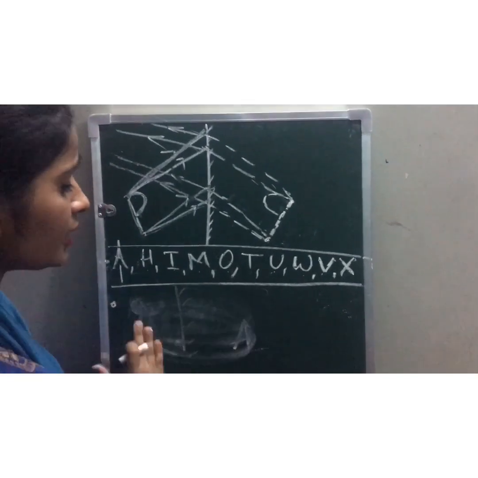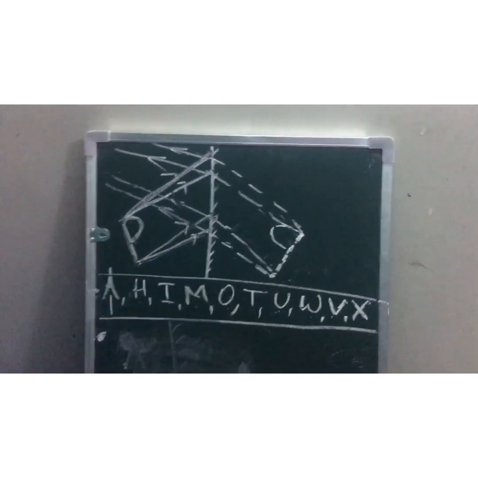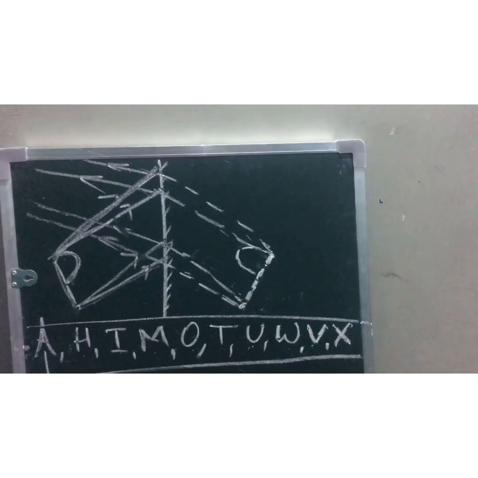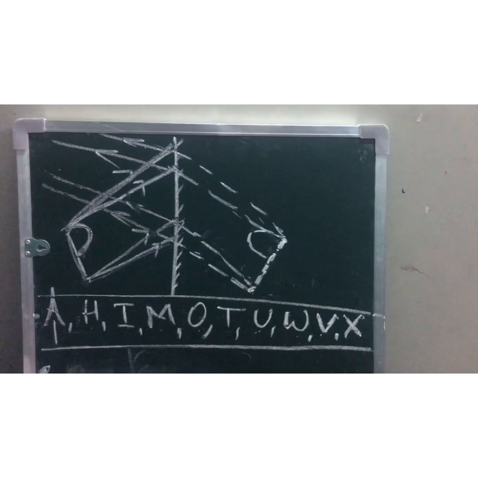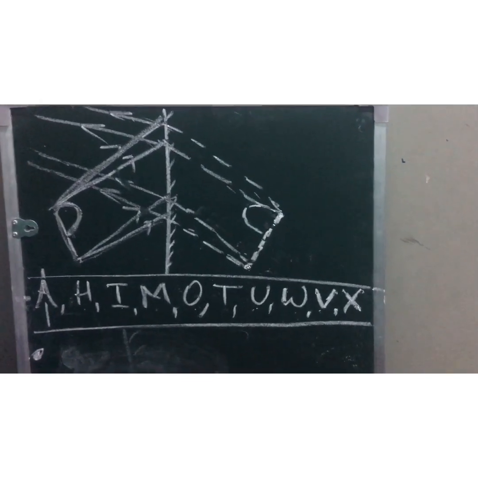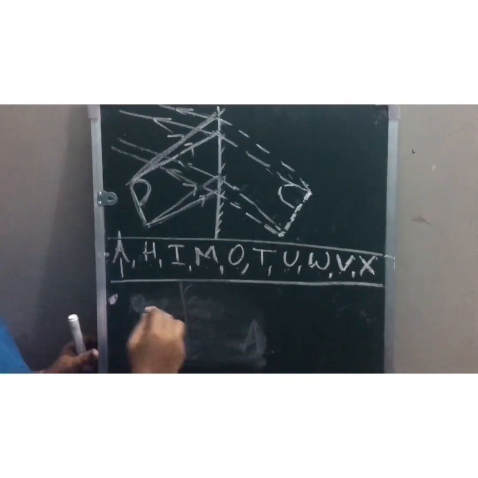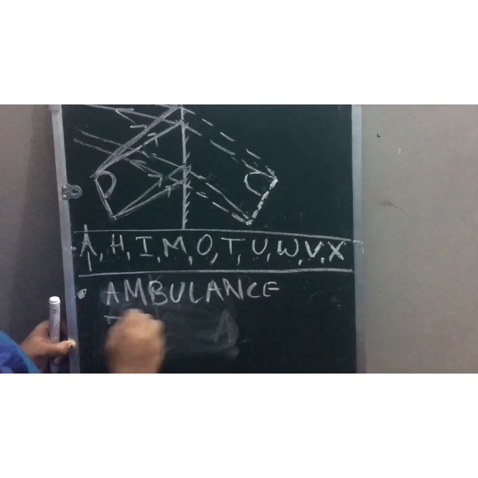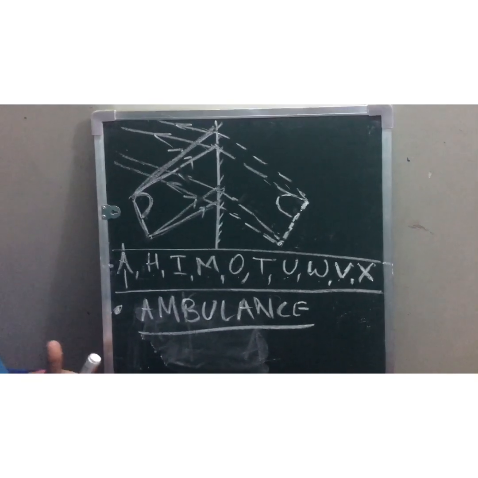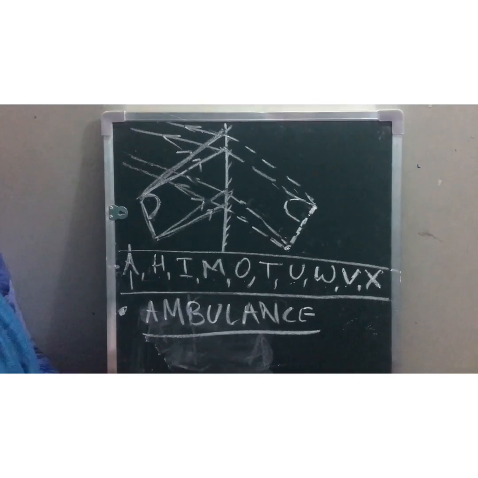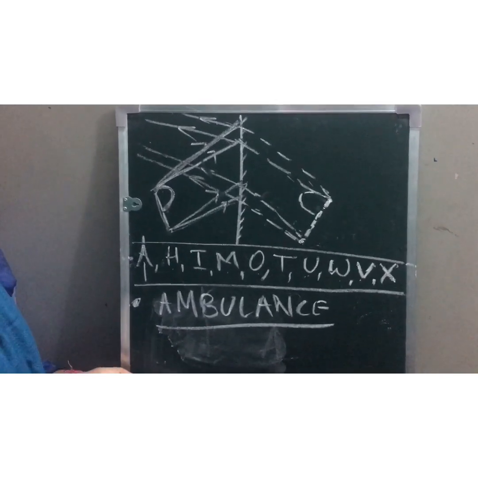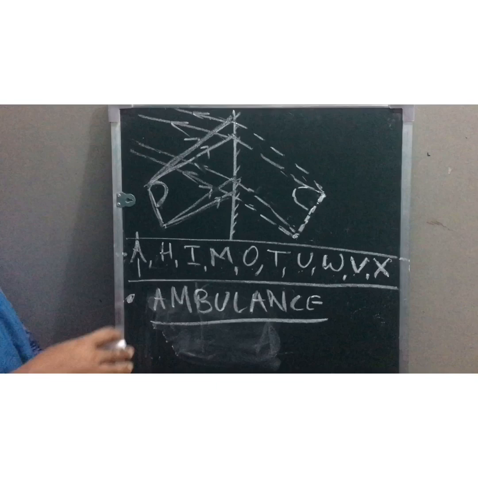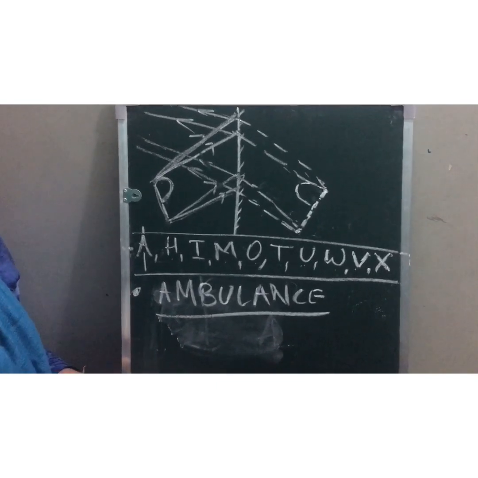Okay, understood. Now the third point which I am going to explain is that it is because of this lateral inversion that it becomes difficult to read the text of a page from its image formed by a plane mirror. Sometimes what happens, if you write ambulance on a piece of paper and take that page in front of a plane mirror and try to see it, you will see an image in the plane mirror. Are you able to read that word? It will be difficult for you to read this word. Why? Because it will get laterally inverted. When it gets laterally inverted, it becomes difficult to read that word.